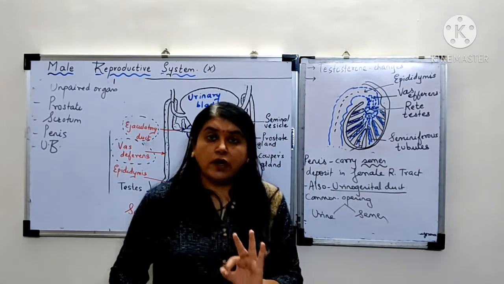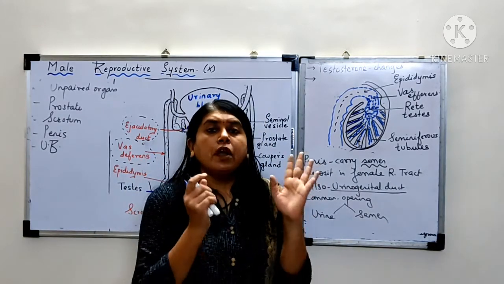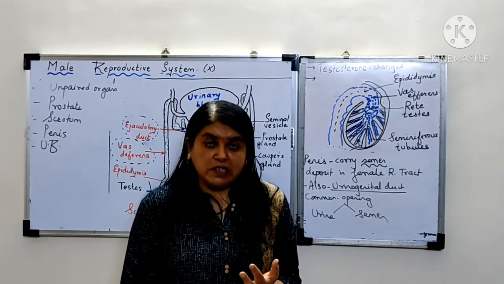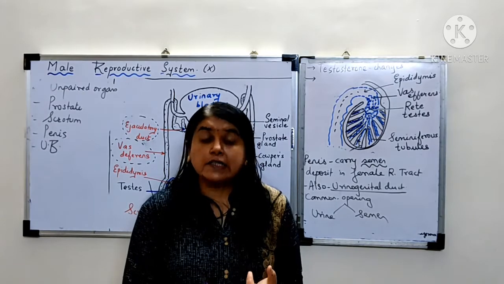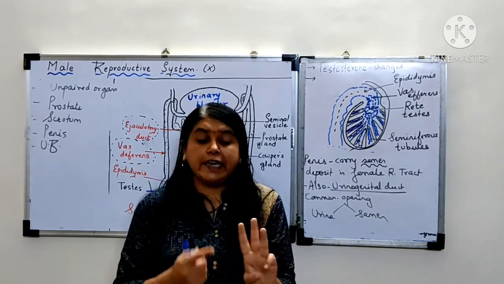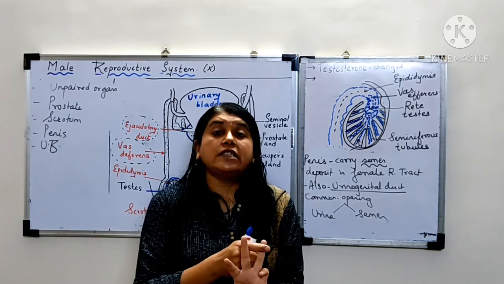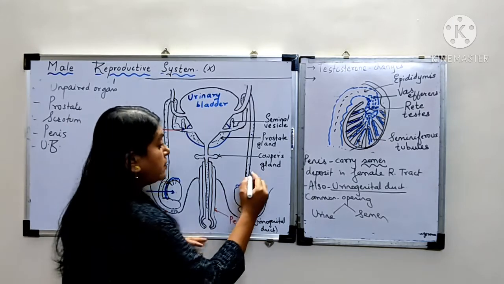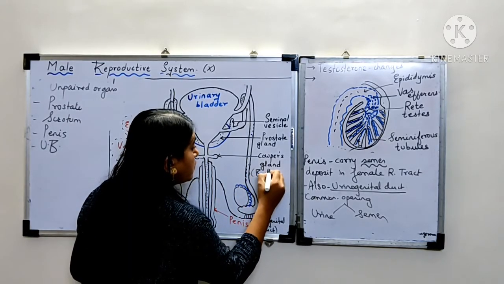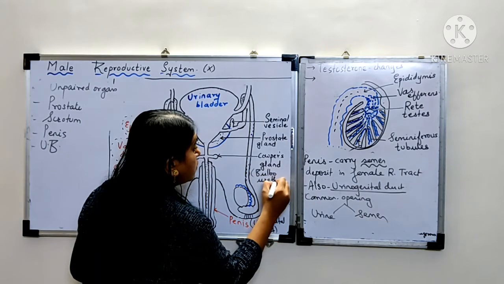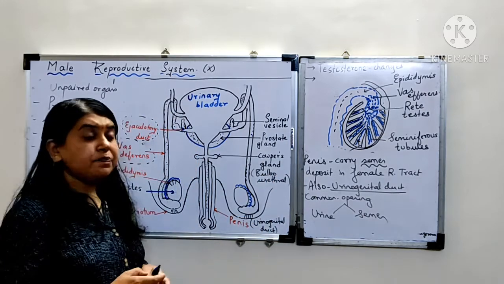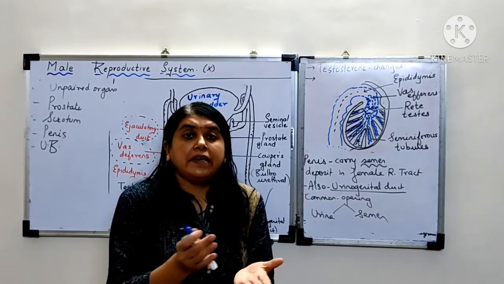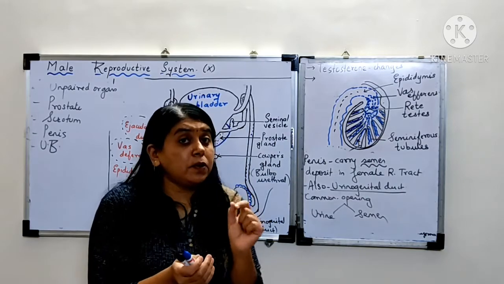We will revise it in short, just a complete recap. Male reproductive system consists of a pair of testes, a pair of vas deferens, different types of ducts and glands. The glands are of three types: seminal vesicle, prostate and Cowper's gland. Cowper's glands are also called bulbourethral glands. The glands secrete alkaline secretion, which forms the semen. Semen carries alkaline secretion as well as sperms.